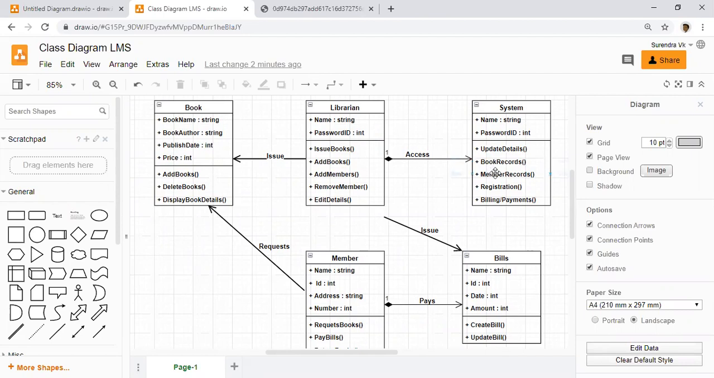Everything like printed details, book records, member records, and registration, billing, and payments is accessed through the librarian. When the member requests a book, the librarian issues the specific book that has been requested by the member. Later, he will issue the bills based on the book that has been issued to the member as per his